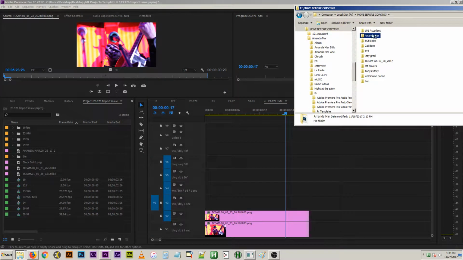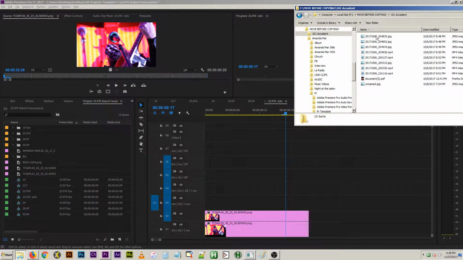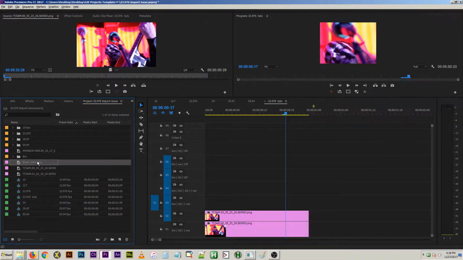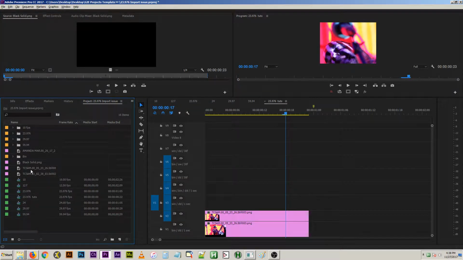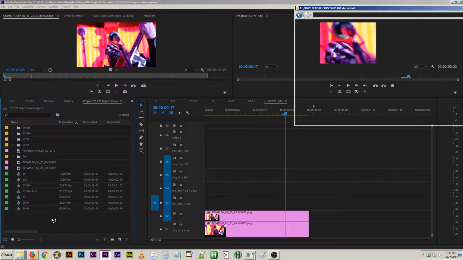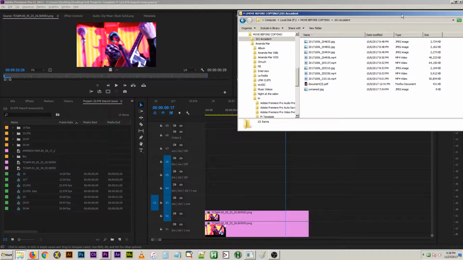If I find another random image, because once you bring something in to Premiere, like an image or something like that, regardless of what you do later, if it exists, like that black solid already existed in here, it's really paying attention to this. When I bring it in again, it's going to conform it to whatever it was before. If I get rid of this, I'm fairly certain, actually let me try,